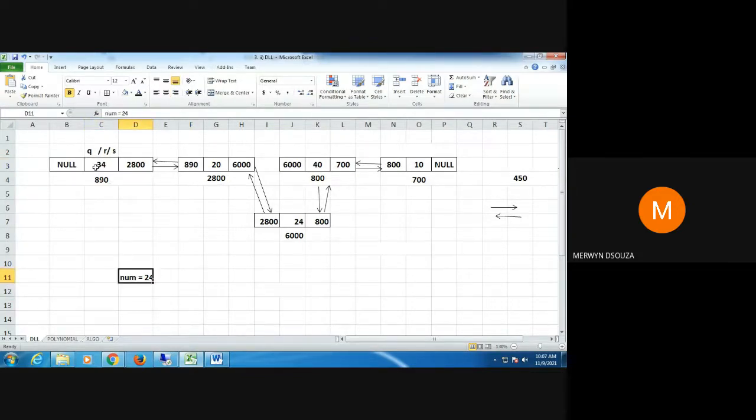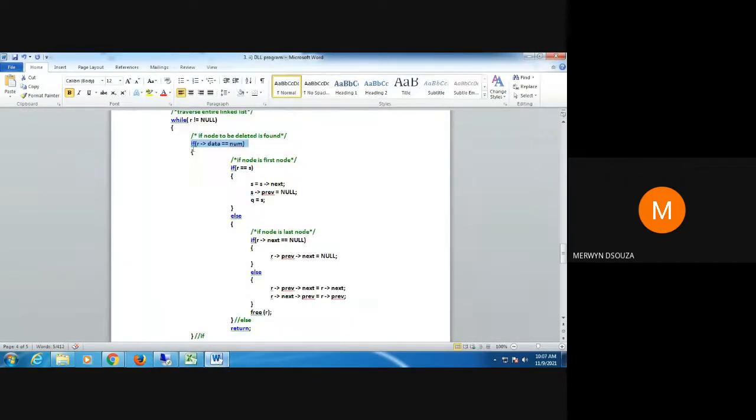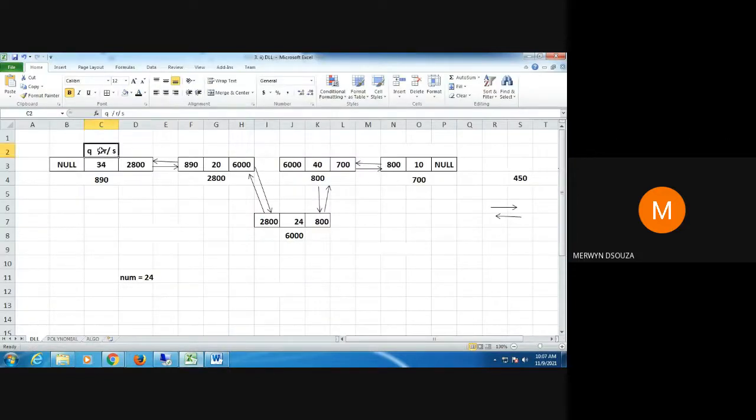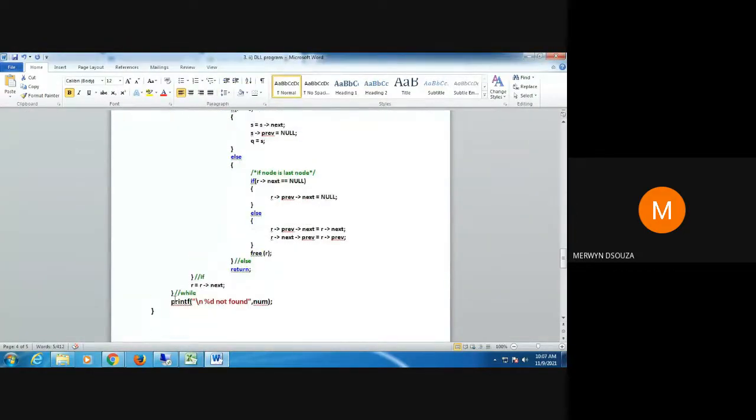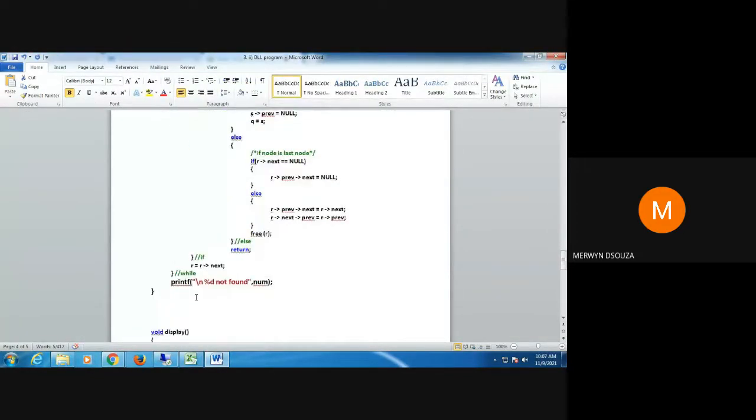If it is found, then that node is to be deleted. Now here I check using this condition: if r arrow data equal to num. When I check for that, you can see 34 is not equal to 24, so obviously it is not matching. What do I do? I shift